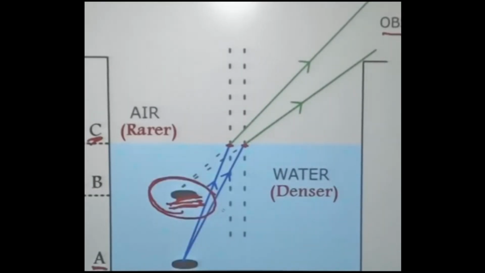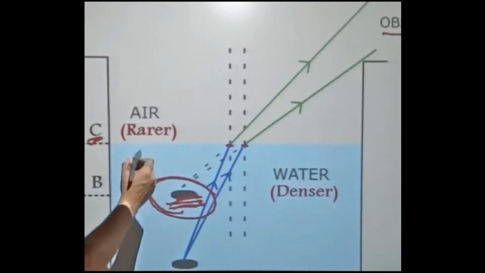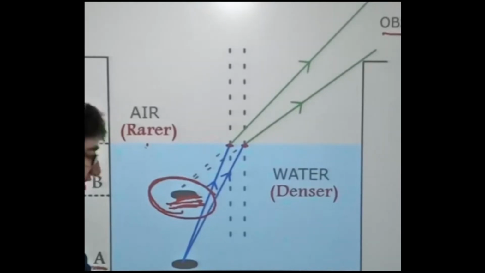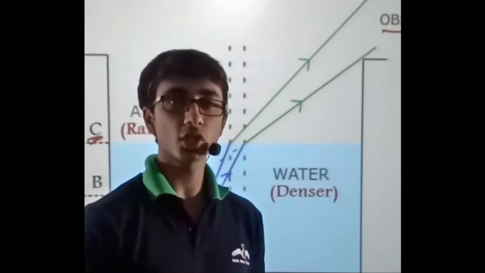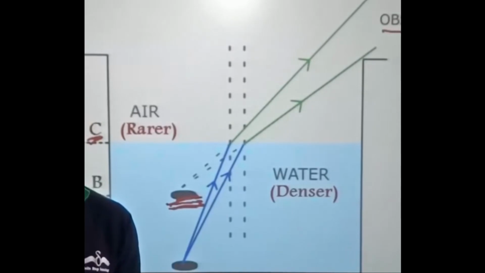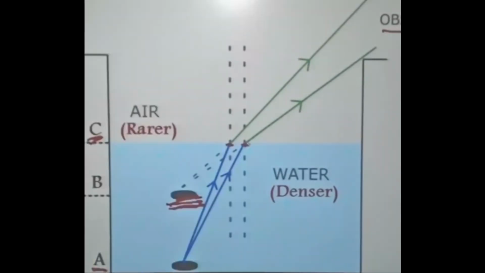So if we take a quick recap, we learned that when a coin is placed in water, or for that matter any other object, it will not appear at its original position. It will appear raised. Just like we saw in this video, we had kept a coin in an empty glass at first, at a position where we could not see the coin. Once we added water in the cup, the coin was visible to us. This was because of the refraction of light rays at the water-air interface.